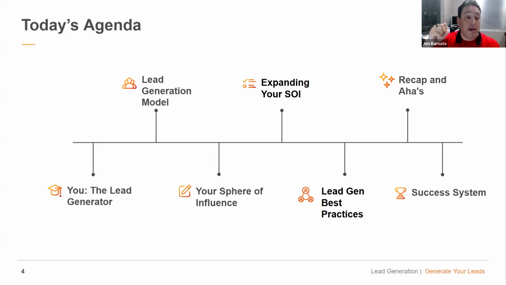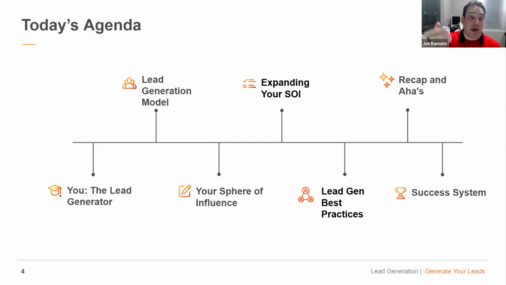Please understand that lead generation and your sphere of influence is going to be the #1 source of your business, and it should be the #1 source of business for most of your career. Only if you get a very big team is that probably going to switch a little bit. But for most of your career, you can have a very successful millionaire real estate agent business off just your sphere of influence. That's how powerful it can be. So we're going to talk about that.